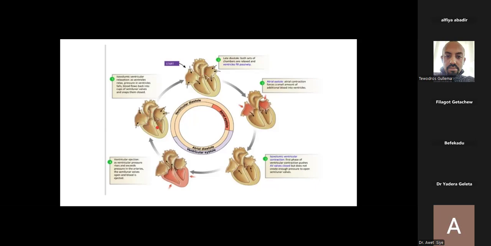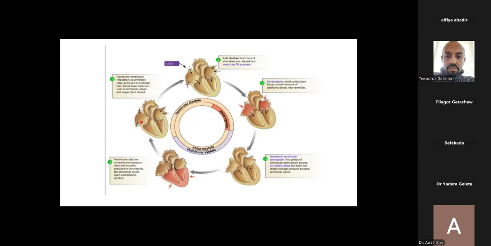The right and left atrium receive blood from the venous structures: the right from the inferior and superior vena cava, and the left from the pulmonary veins. After opening of the AV valve, 80% of the blood goes to the ventricle